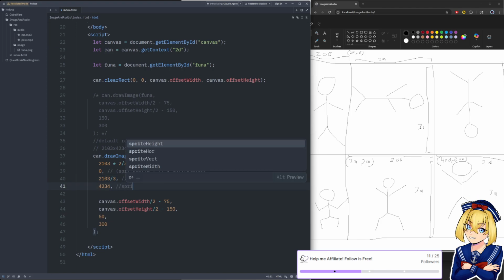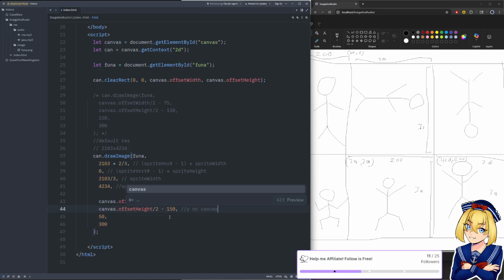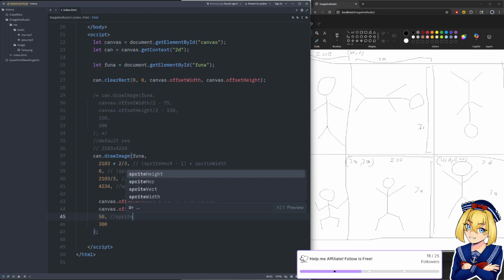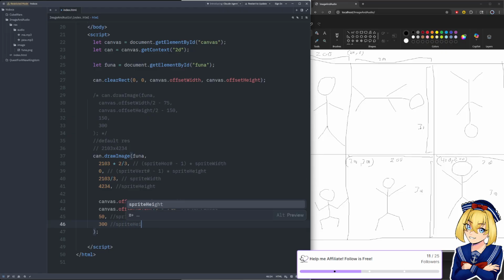And this would be your sprite height. And then this is x on canvas, which you can put anywhere. Y on canvas, you can put anywhere. This would be your sprite width, and this would be your sprite height.